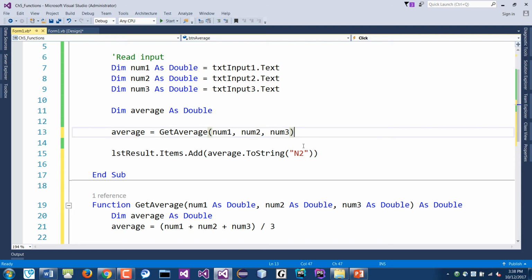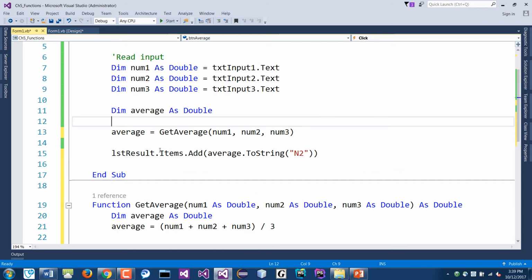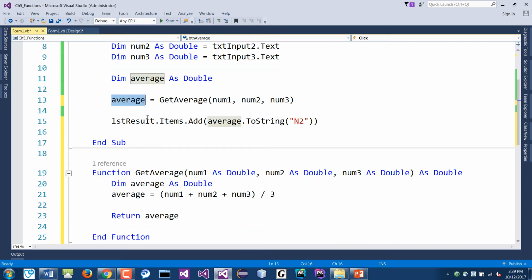I'm just showing you that that's legal here, but usually we just do that to get the average of those numbers. If it's 6, 2, and 3, that's 11 divided by 3, right, to get the average of that, and then we output the average here. So again, this average here is not this average here. They're completely separate